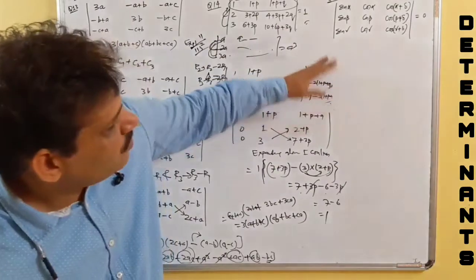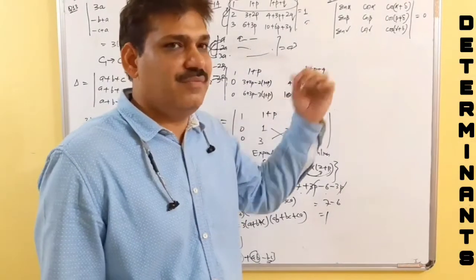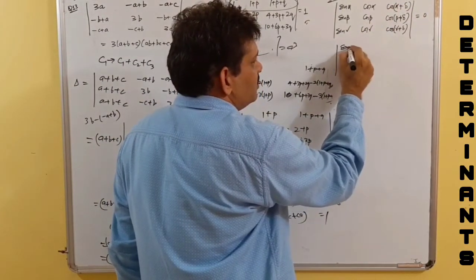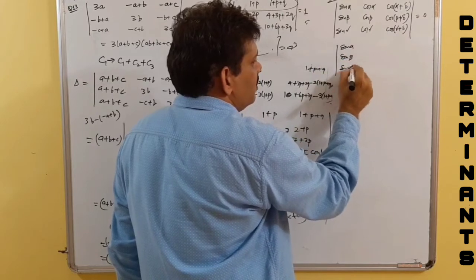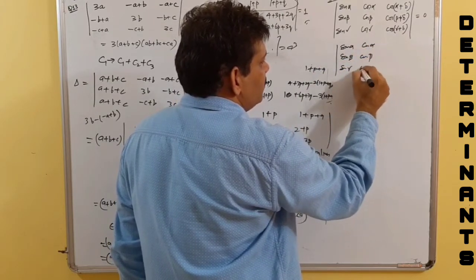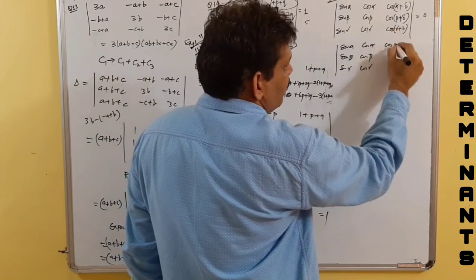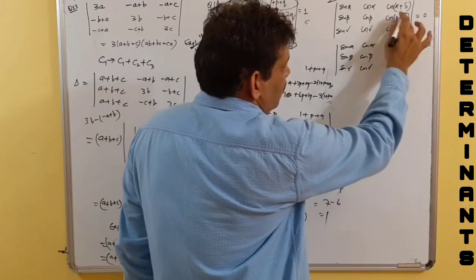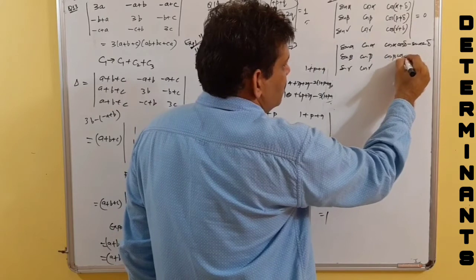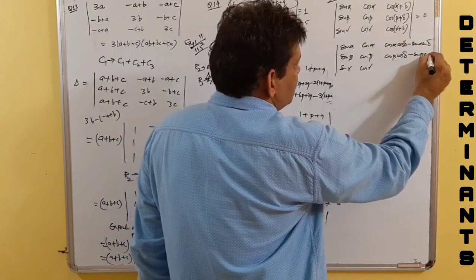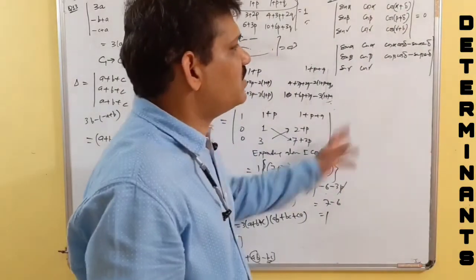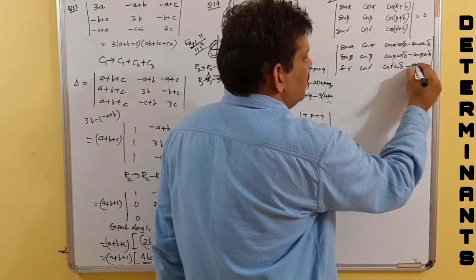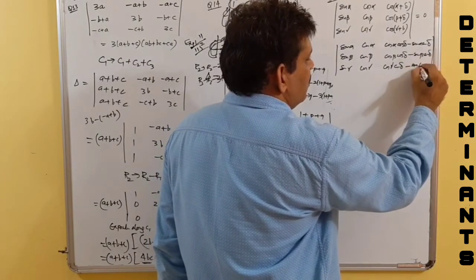Now let's have a question. Look on this question, which is an MCQ type question. It may be considered as, see, if I expand this, I am going to get, this is sine alpha, sine beta, sine gamma, cos alpha, cos beta, cos gamma. This is cos A, cos B, cos alpha, cos delta minus sine alpha, sine delta. This is cos beta, cos delta minus sine beta, sine delta. Simply cos of A plus B, cos A cos B minus sine A sine B. Here again cos A cos B minus sine A sine B. So cos gamma cos delta minus sine gamma sine delta.